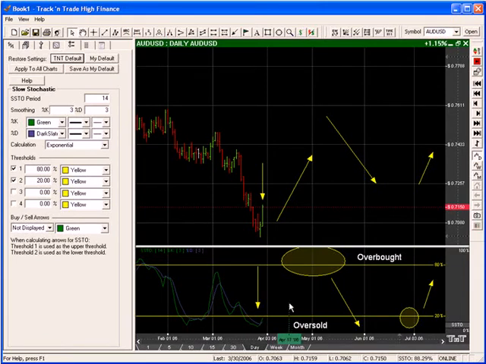Indicators have weaknesses in them as well as strengths. One of the weaknesses of the stochastics indicator and many indicators, and most of them again will follow this basic rule of thumb right here. When these cross over, sometimes you get multiple crossovers down here in the bottom region, so you'll get multiple arrows, and this is confusing to people.